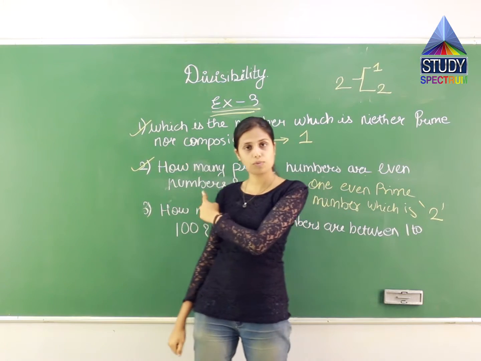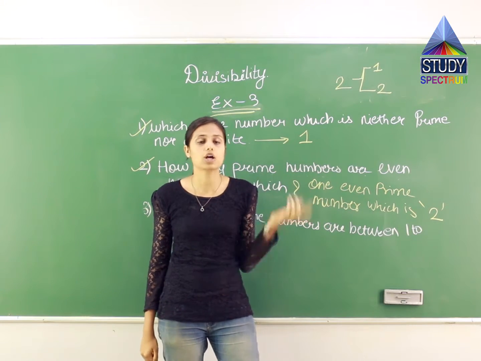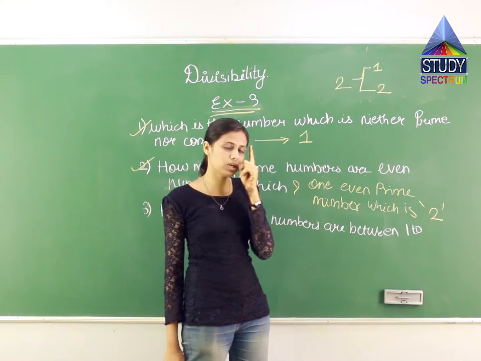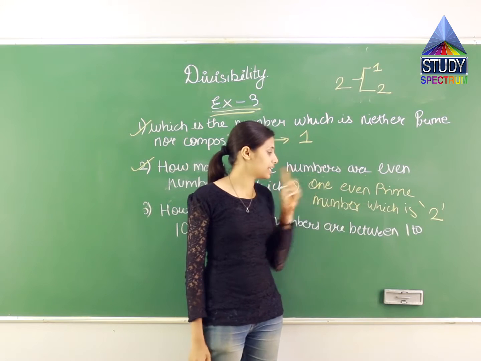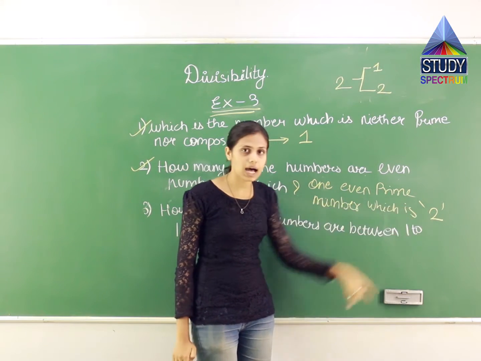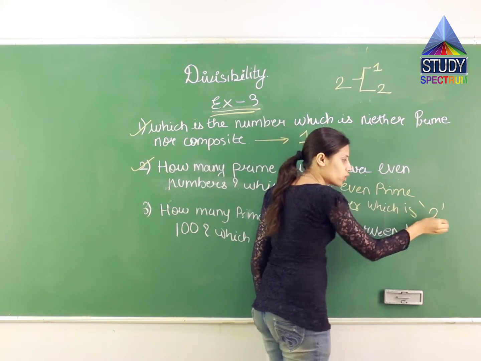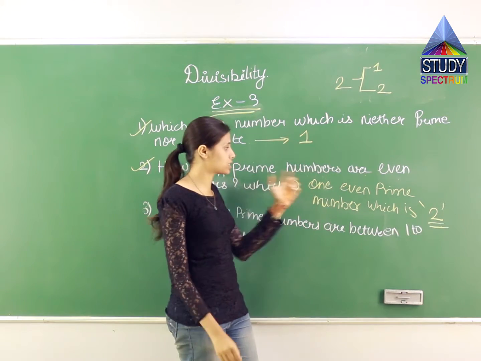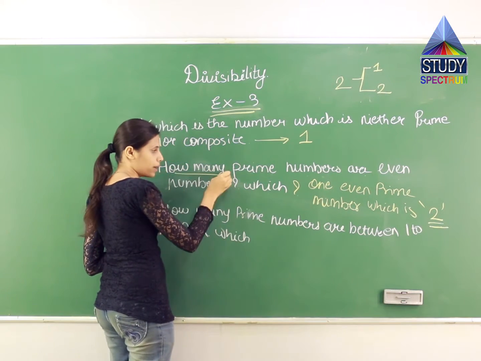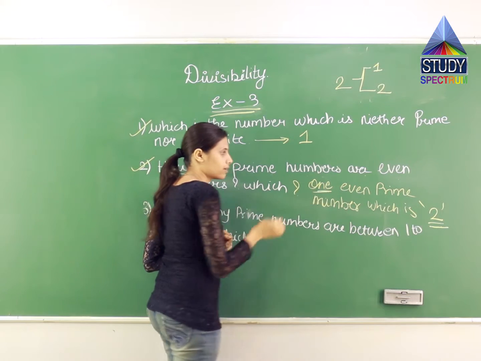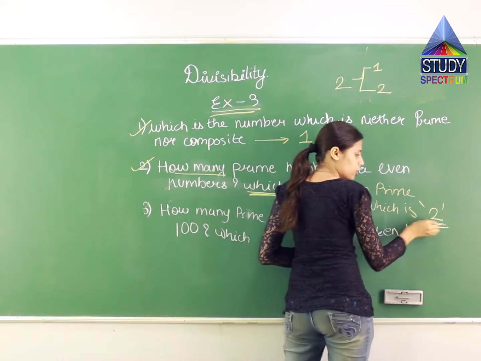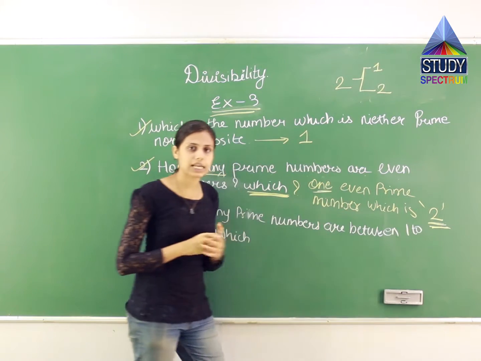The first question that was asked, how many even numbers are there which are prime numbers, the answer is 1. That is, there is only one even prime number, which is 2. Means 2 is the answer. But how many numbers is this 2? One number. So we are answering 2 questions. That is, how many, the answer for it is 1. And for the question which, we have the answer as 2. So are we clear with the second question?